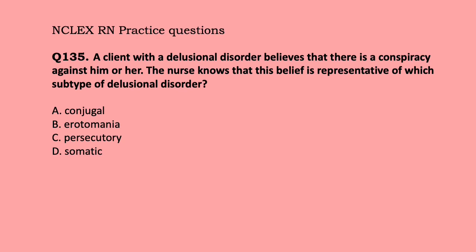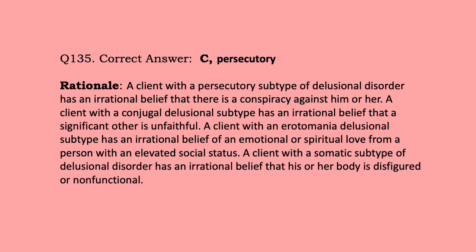Question 135. A client with a delusional disorder believes that there is a conspiracy against him or her. The nurse knows that this belief is representative of which subtype of delusional disorder? A. Conjugal. B. Erotomania. C. Persecutory. D. Somatic. Correct answer, C. Persecutory. Rationale: a client with a persecutory subtype of delusional disorder has an irrational belief that there is a conspiracy